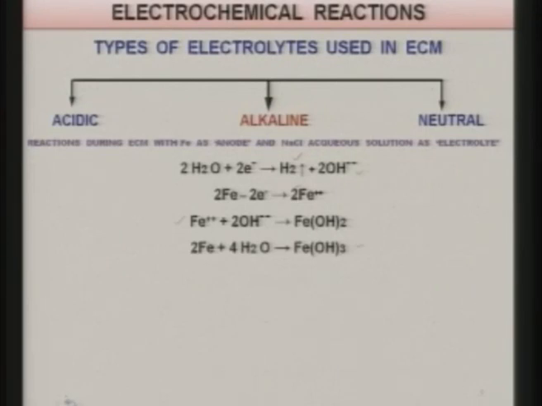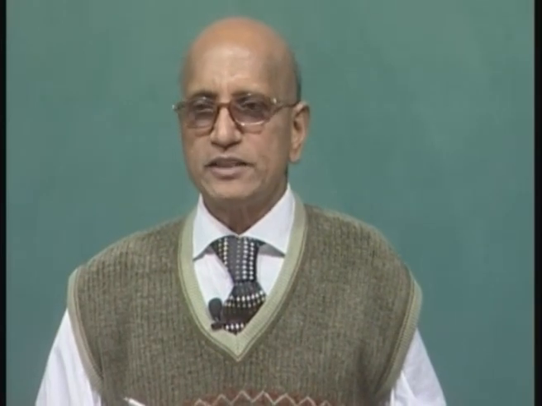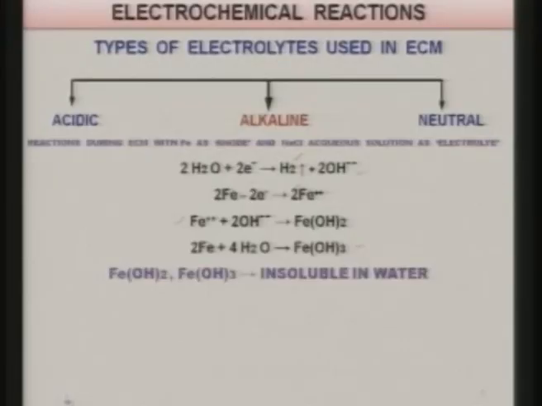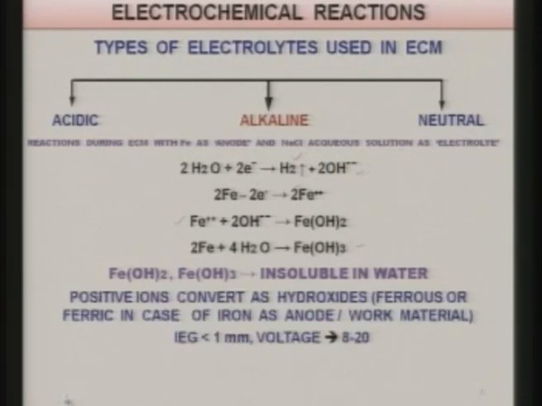Now, it is very important for theoretical calculation to know whether it is dissolving as ferrous hydroxide or ferric hydroxide. If we do not know exactly in which form it is dissolving, then our calculations may go wrong as compared to the experimental results. Another point to be noted is that ferrous hydroxide or ferric hydroxide are insoluble in water, and if they get collected in the electrolyte tank, then they will be slowing down the flow of the current between the anode and the cathode. So, they should be quickly removed from the inter electrode gap, that is the gap between the tool